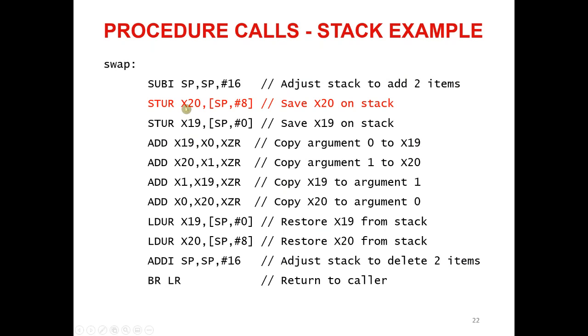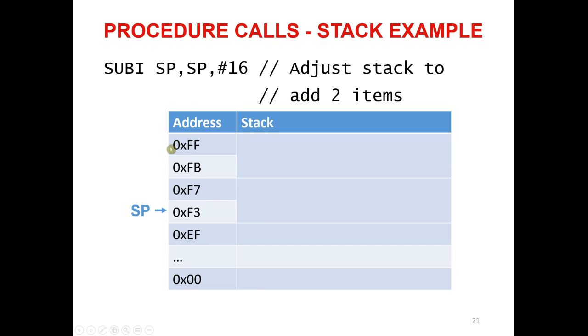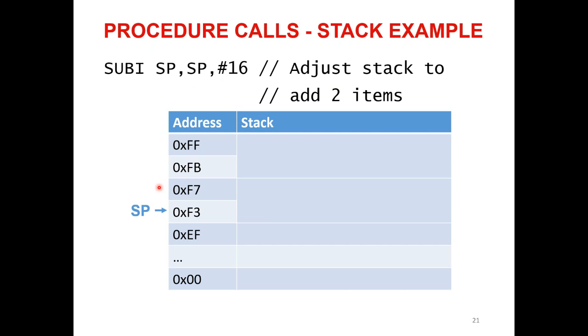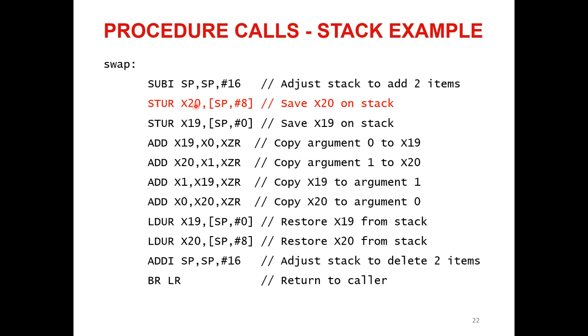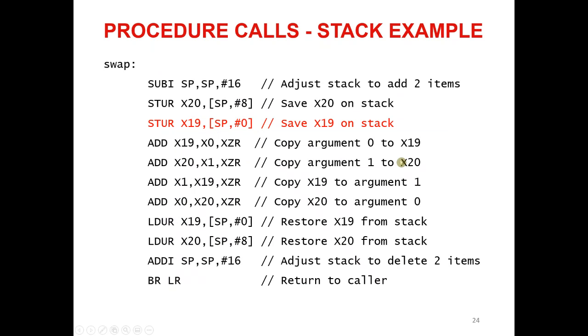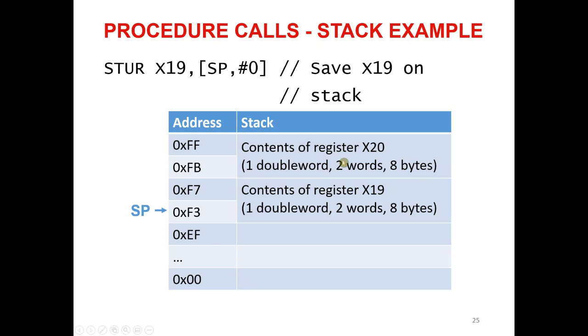For that, we use the store instructions, the data instructions we have in LEGv8. In this case, with this instruction, we are storing the content of register 20. Where? We have 2 positions. One is with the stack pointer pointing to 0, which will be this one, and the other one will be with the stack pointer +8, which will be this one. So in the first one, we are storing register 20 in the address pointed by SP+8, which is this one. And then we are doing the same with register 19 with the 0.